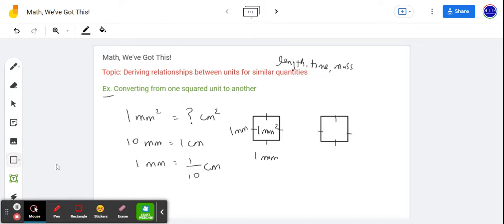Now, when we go to convert, that is, we're not increasing or decreasing the size of this particular square, because we're just looking at the conversion from one unit to another. That means that the length of these sides would each have to be 1/10 of a centimeter,